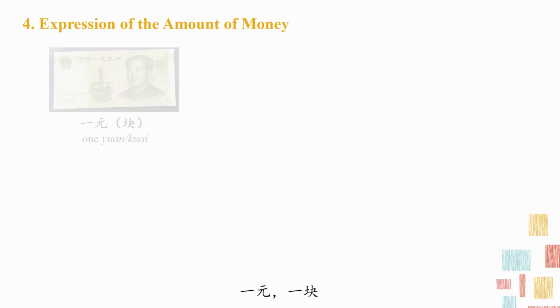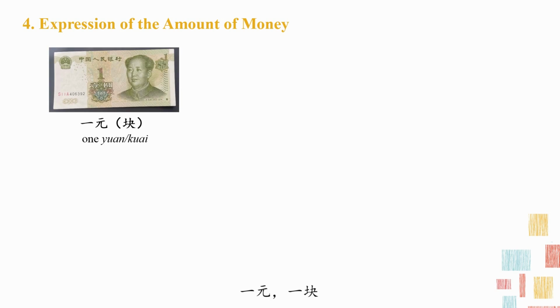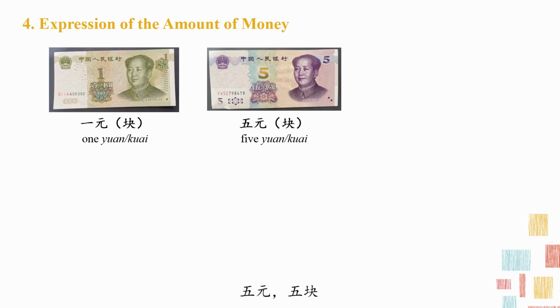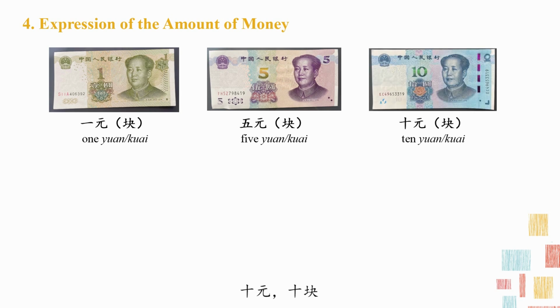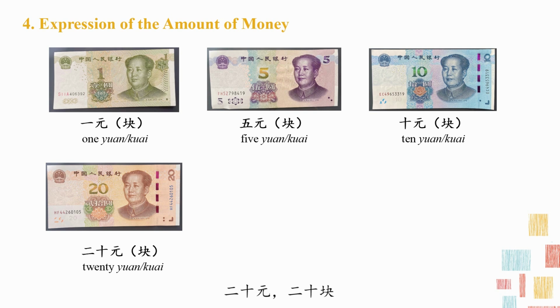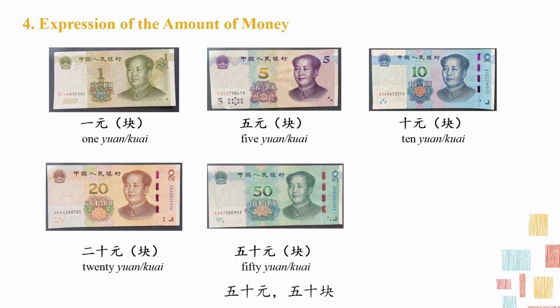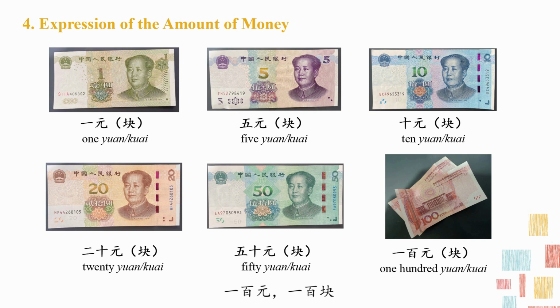The last one is the expression of the amount of money. The basic unit is renminbi, which is 元 and is also pronounced as 块 in oral speech. There are 6 pictures of renminbi with different denominations shown below. You can follow along with the audio. 1元1块、5元5块、10元10块、20元20块、50元50块、100元100块。